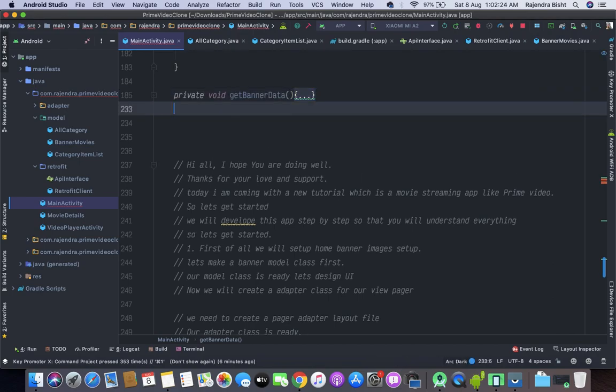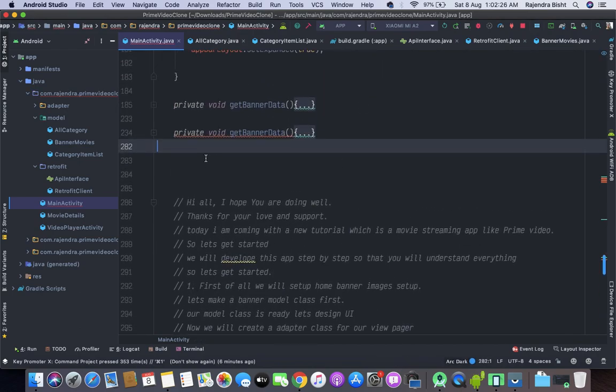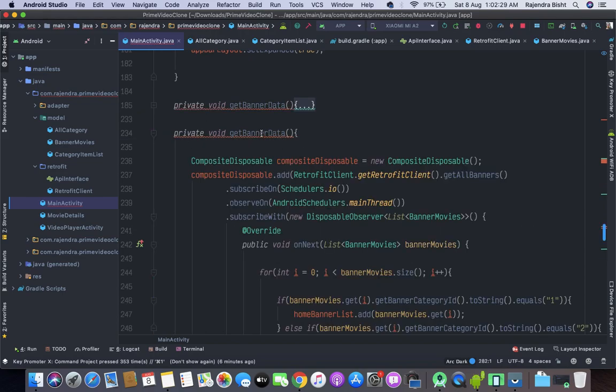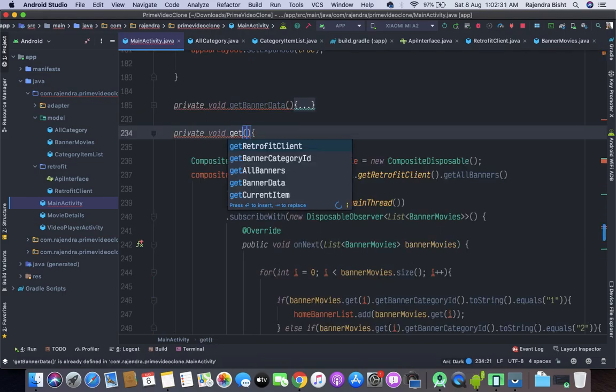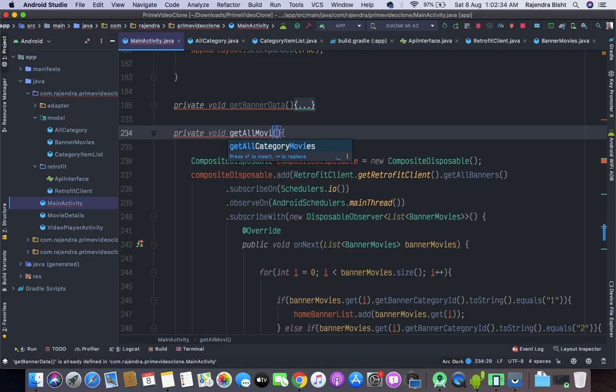So I am going to copy it and paste it again, and here, get all movies data, and inside this I will pass a parameter which is a type of integer for the category ID.